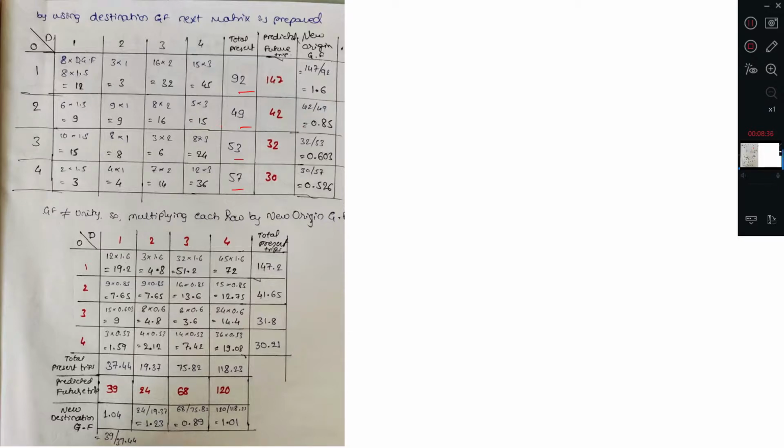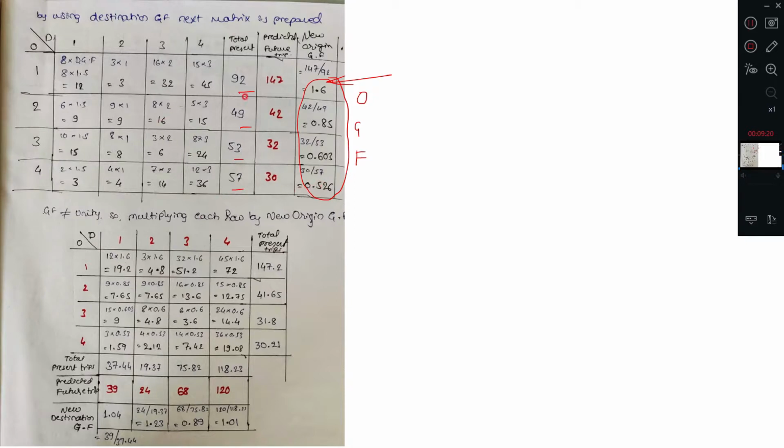So as I have used destination growth factors, now here I have calculated only origin growth factor values. Getting the point? Origin growth factors. So these new origin growth factors I am going to multiply. Why I need to multiply? Why didn't I stop? Because here the value is 1.6. It is more than 1, right? Till I get unity I need to try. So the proper distribution need to be done, or this present and future predicted, it should be nearly equal, then only your growth factor will be unity, right?